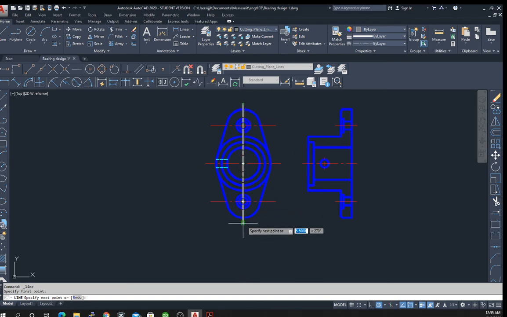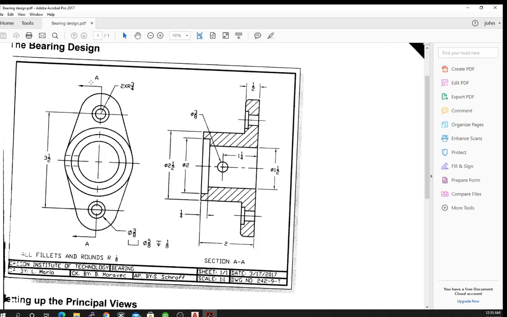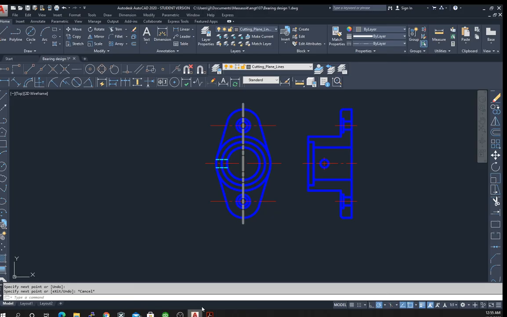So this is why I was saying that center line isn't really that important, because we basically immediately overwrite it with this cutting plane line. Now the cutting plane line also has these leaders on them, so we need to add leaders. And the way we add leaders is the following: we come up here to leader,